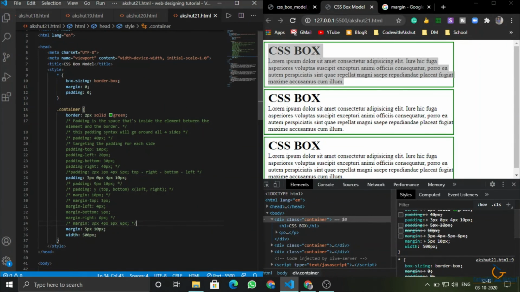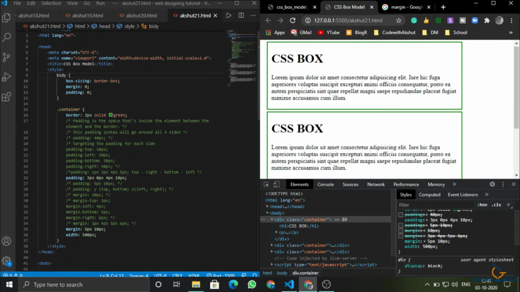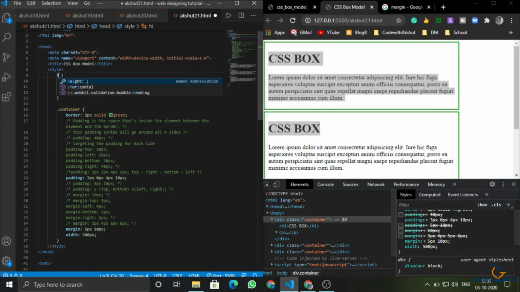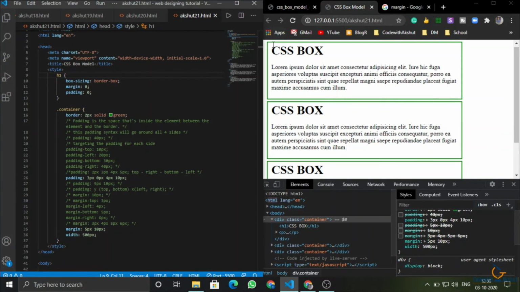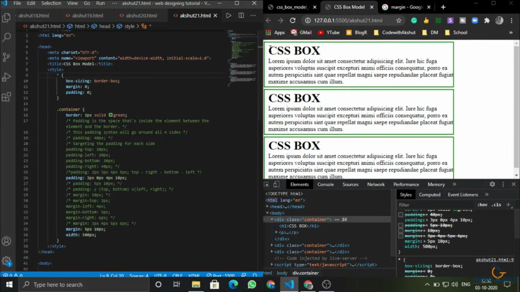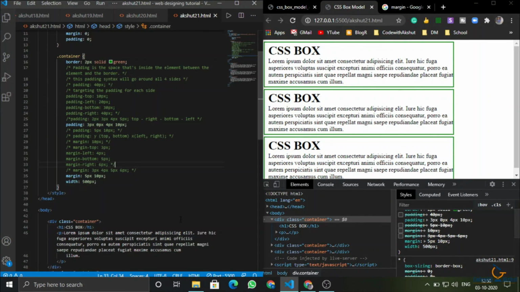If we want the h1 also, I will add body here. Body. So it is targeting just the body. If I write h1 here, it will target the h1. But if we want that it should target each element, then we can also do it.